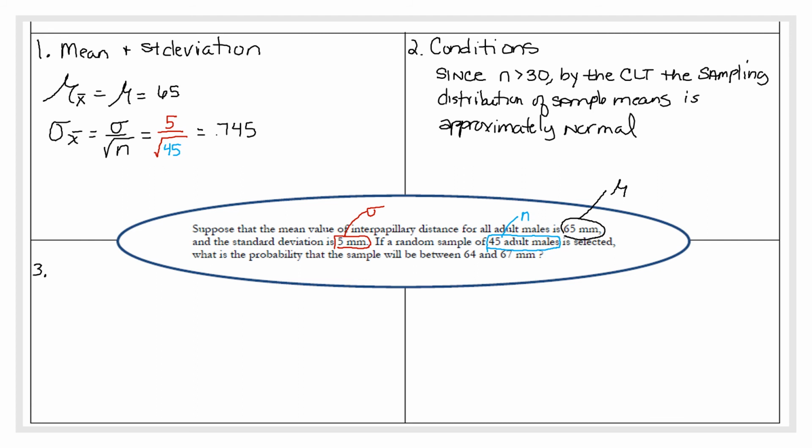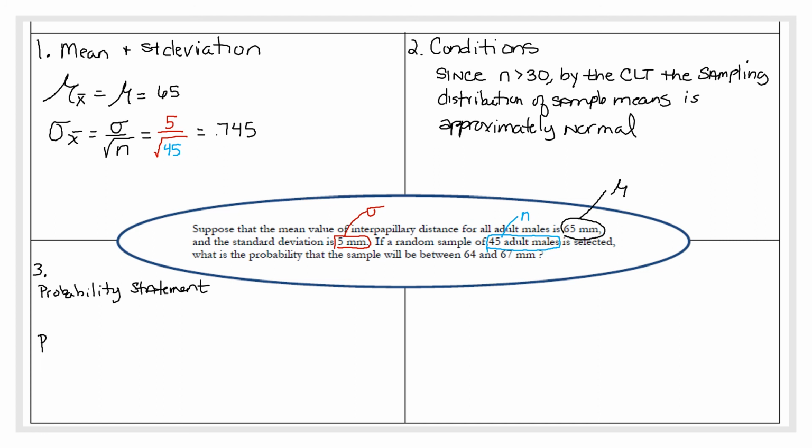Okay, so number 3. If it didn't meet the conditions, if you weren't allowed to use the normal distribution, then you couldn't calculate the probability. Well, actually, you could calculate the probability, it's just not going to be accurate. Now what we're going to do is write what is called a probability statement. We're going to write it like this. We want the